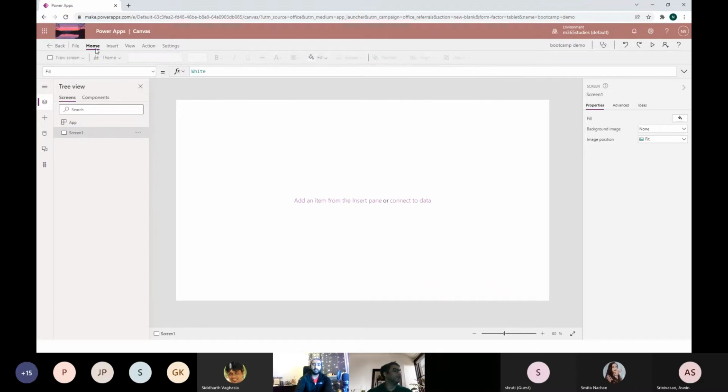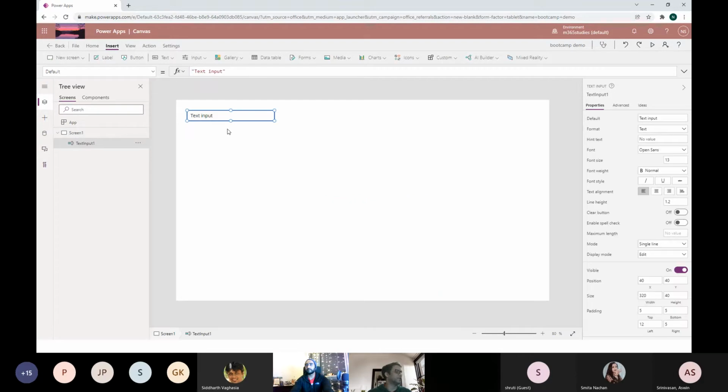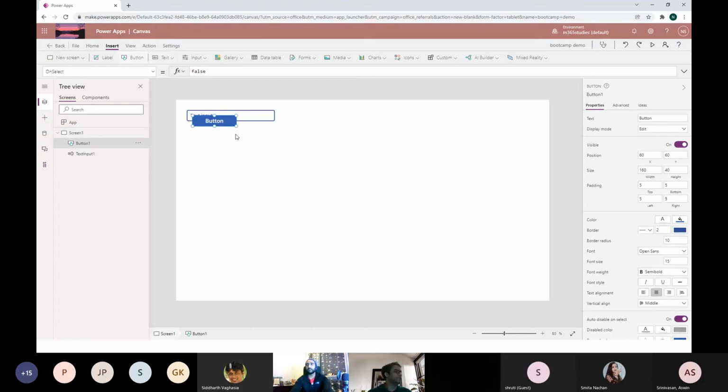Now if you want to do something like variables, there are different types of variables over here. Anybody with a development background knows there are global variables which work across the whole application, and there are contextual variables that work in that particular context. So the same concept also works over here. If you want to create a variable, let me do a very quick demo. So I'll put a text control. Let me put a button, and